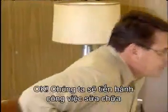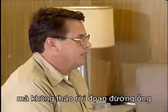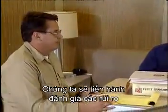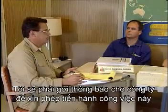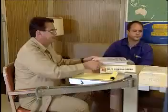Okay, fellas, we've deduced that we have to do the repair job in place. We can't detach the pipe and take it to the engine room machine shop. So what we have to do now is do a risk assessment, look at all the problems we could possibly encounter. Then I'll have to send a message to the company to get permission to do this. So why don't we start out by opening up these blueprints and taking a look at the tank. We want to look to see if any of these...